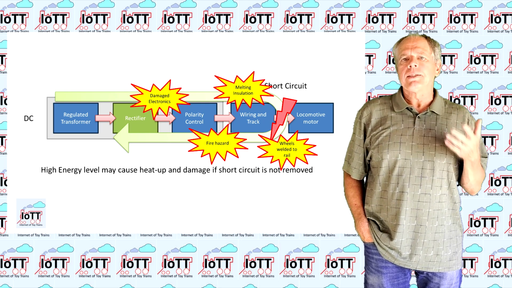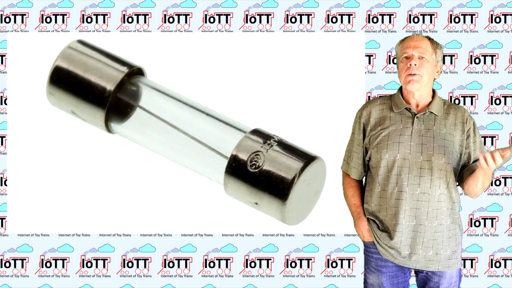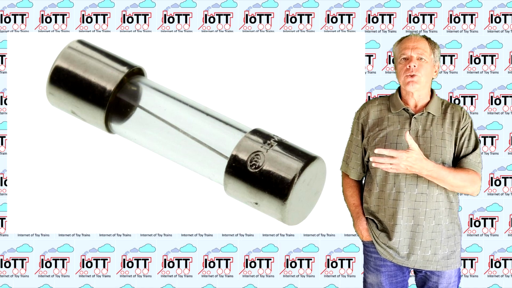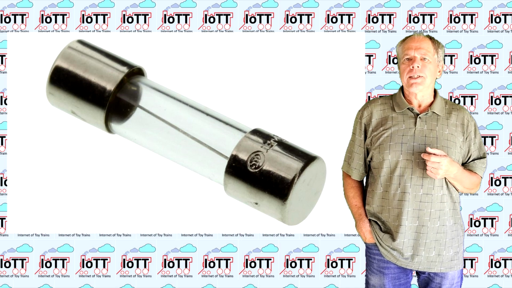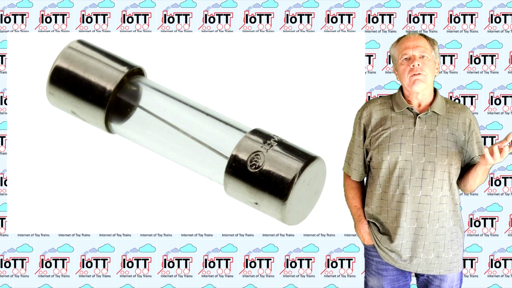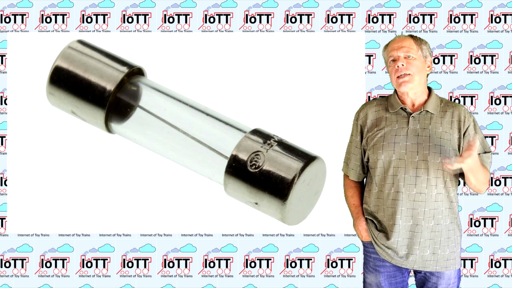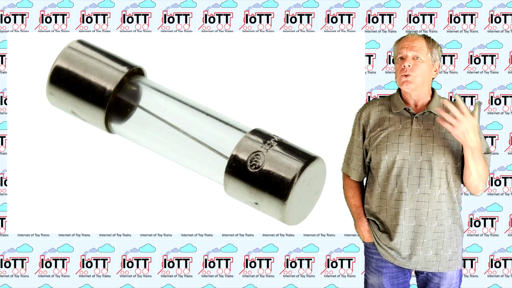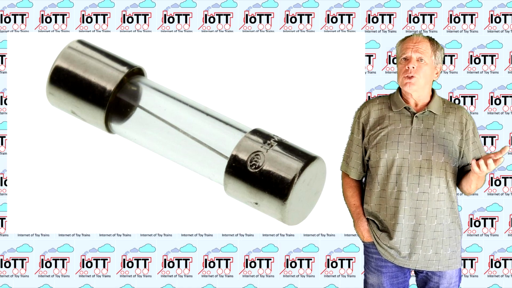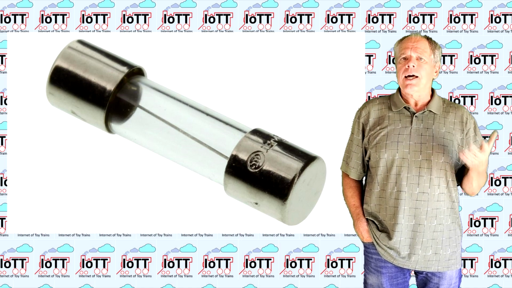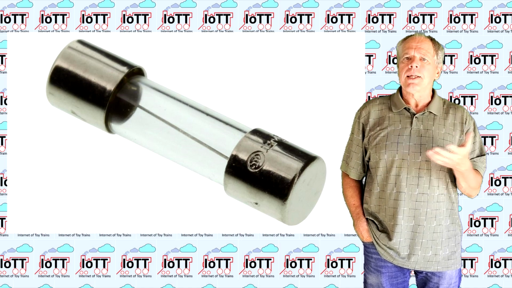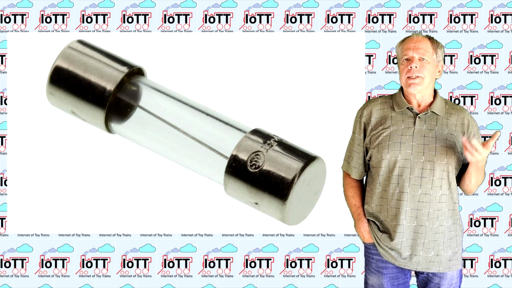A weak link means something that is intended to break if the current reaches values that can cause harm, so something like a fuse or a circuit breaker. The way it works is simple. If the current is higher than the current expected during regular use, the fuse starts to heat up, and if the situation persists, the wire inside the fuse will melt from the heat that is generated, and the circuit is